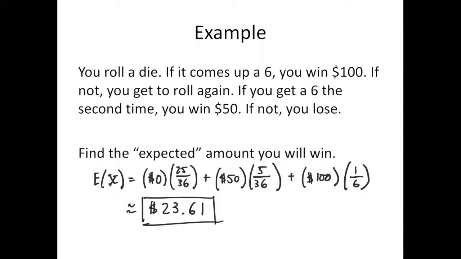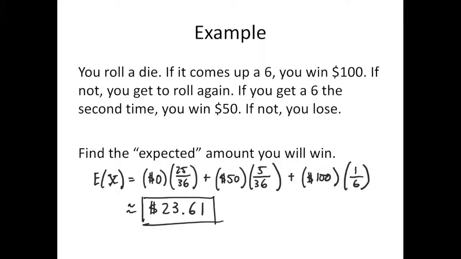Returning to our example now, we'll calculate the expected amount we will win. So to calculate E of x, I take each value in the range of the random variable. In that case, it's 0, 50, and 100. I multiply it by the corresponding likelihood that the random variable takes on that value. So I have 0 times 25/36 plus 50 times 5/36 plus 100 times 1/6. After I take that sum, I get approximately